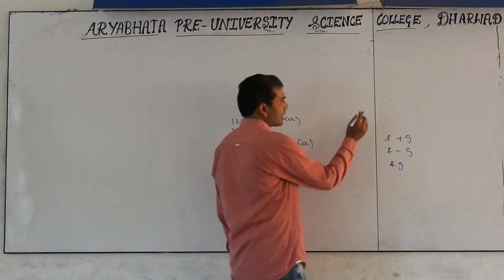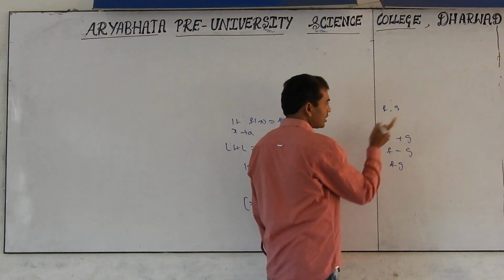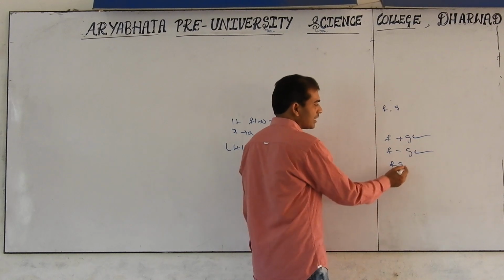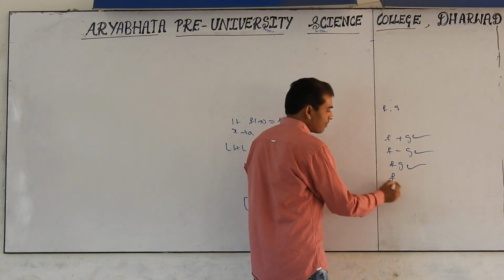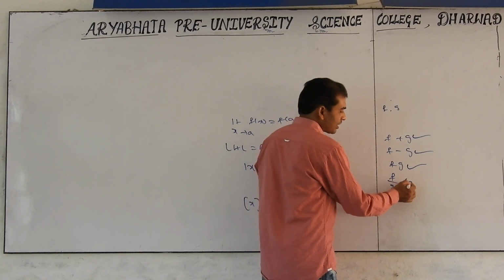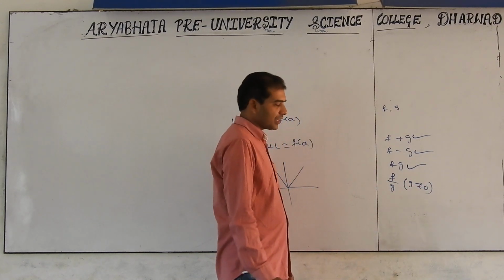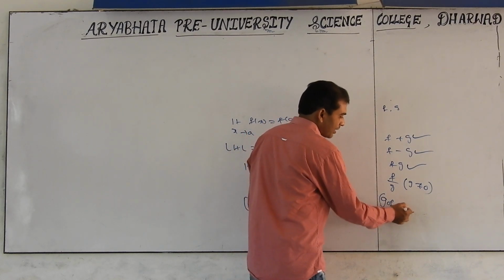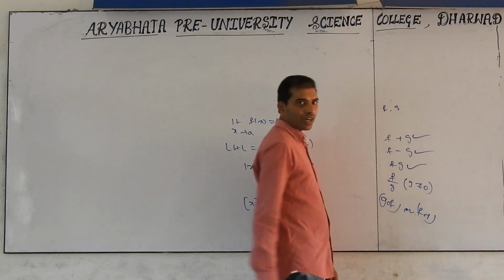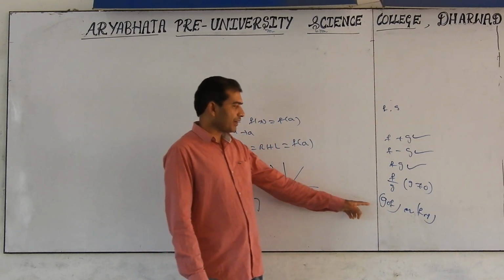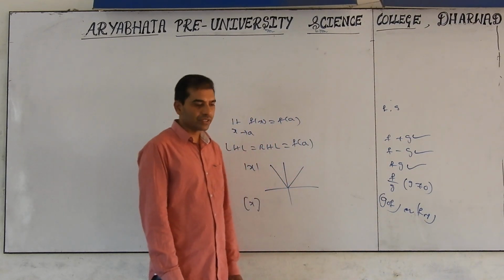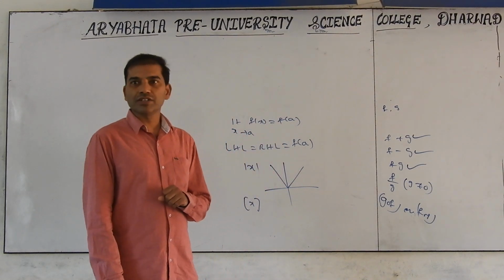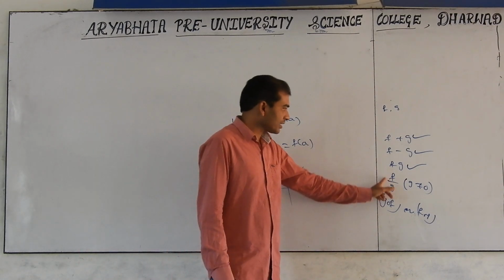Okay, and the main important point: if f and g are continuous functions, then f plus g is continuous, f minus g is continuous, f into g is continuous, f by g is continuous where g is not equal to 0. And the composition function, g circle f or f circle g, is also continuous. Every polynomial function is continuous. Constant function is continuous. Rational function is continuous.